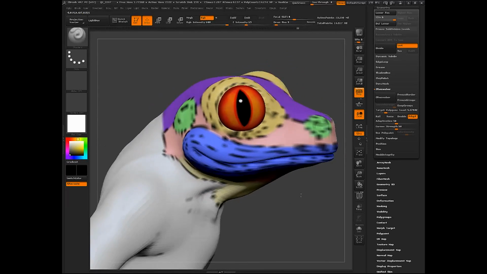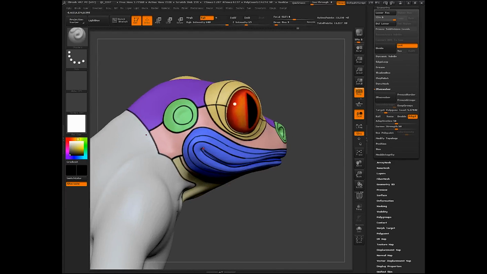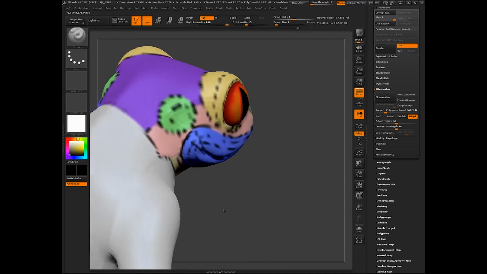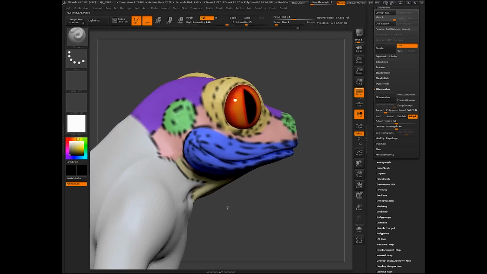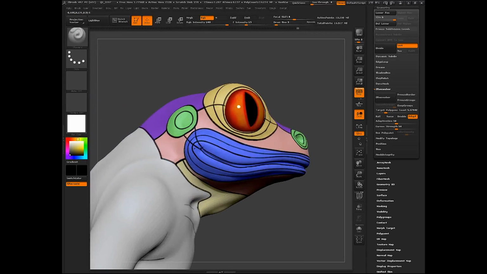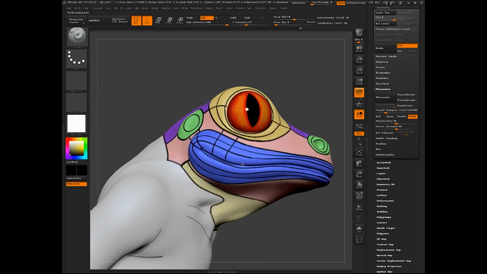So I'll trace the edge loop around the ear. Okay, and then we're going to connect the mouth to the ear right at that corner of the mouth. And we're going to have two edges connecting the corner of the mouth because we're going to want that to be able to expand and collapse. And then we'll connect around here up to the eye.